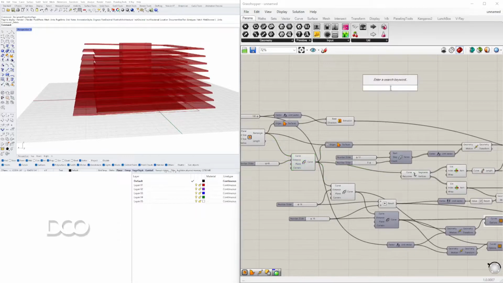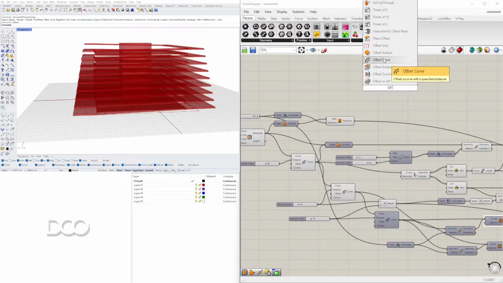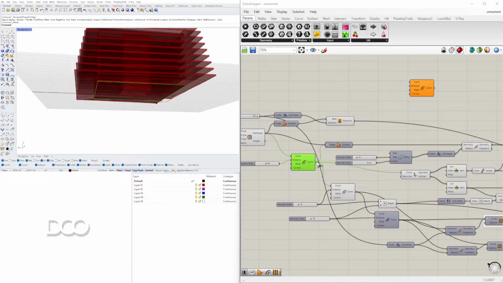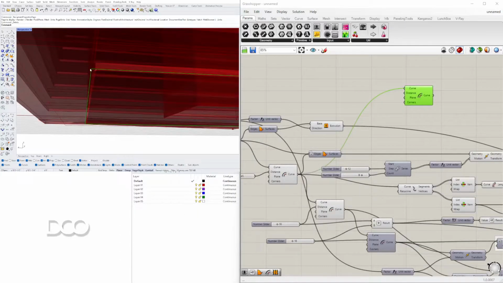So we'll take that, we'll bring in an offset curve. I'll bring in that offset curve into input, and it's offsetting to the outside. I'll go here to a negative component. This way we can change the direction, and we'll go to